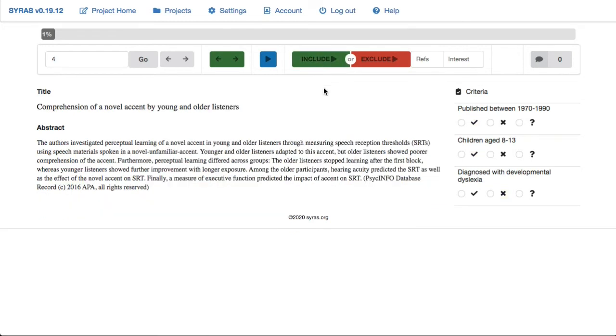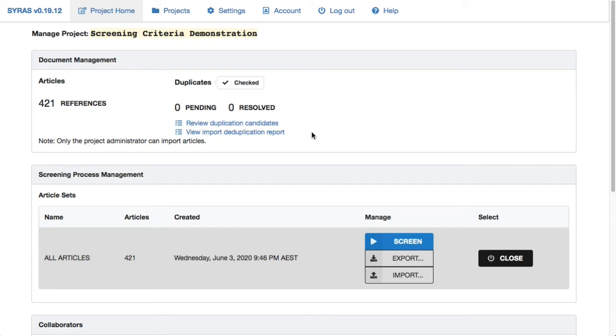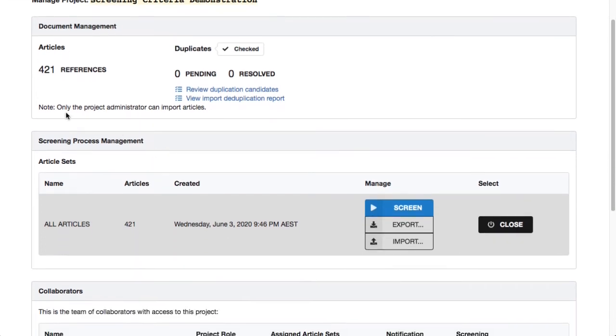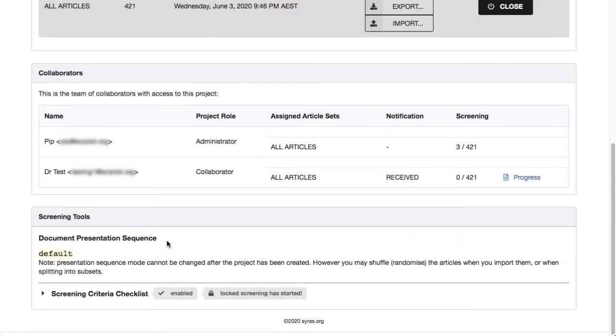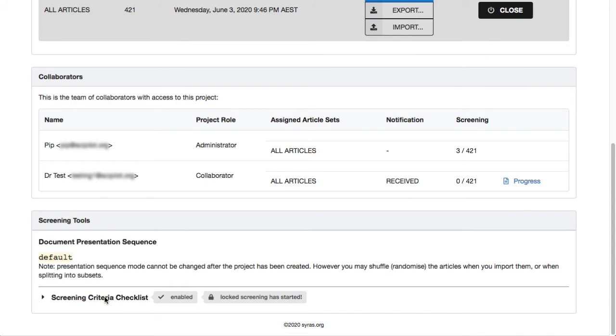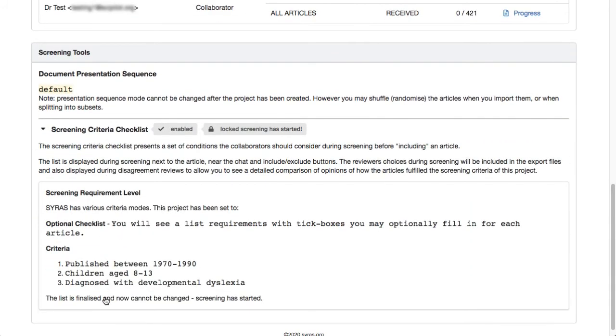The next thing I will show you is how you will actually see the results in a disagreements review. Okay, so I've just logged in as the collaborator on this project, and you can see the collaborator's view is slightly different in a number of ways. For example, they can't import articles, they can't invite other people, and similarly they have a slightly different view of the screening criteria checklist section as well. They never get any buttons on here,